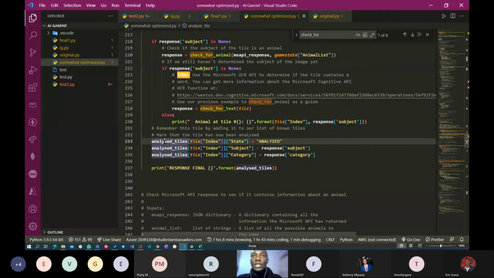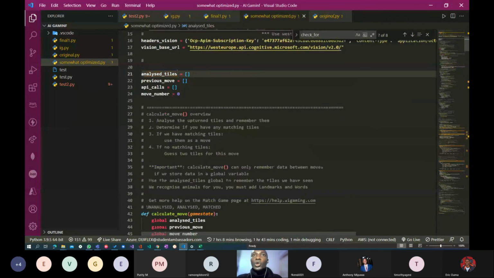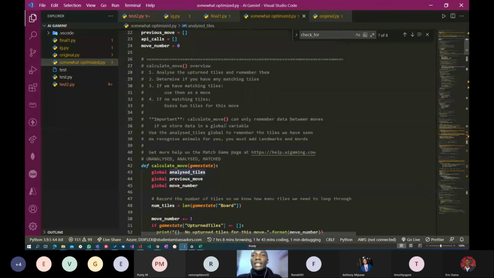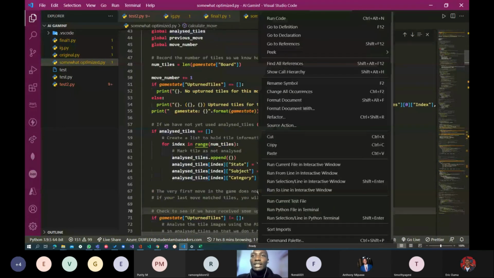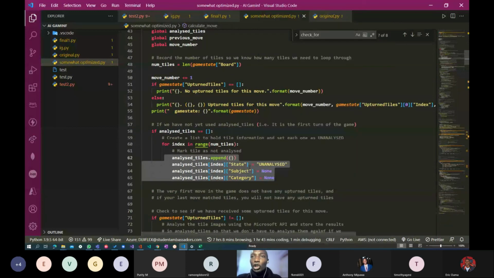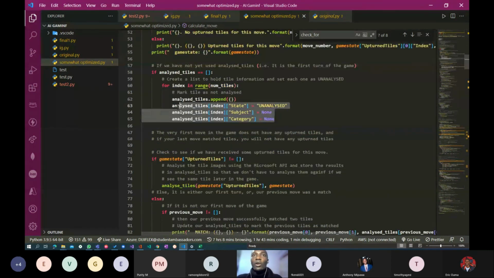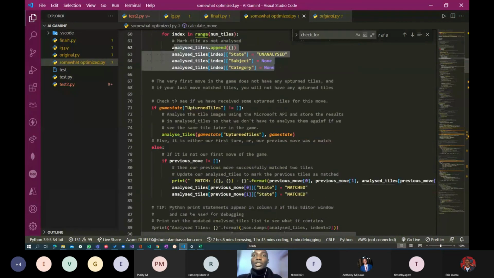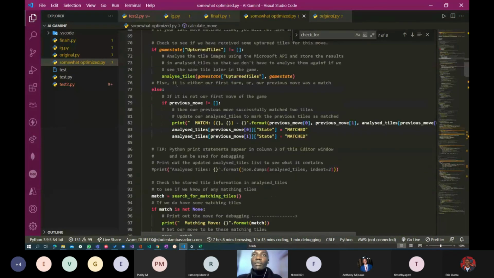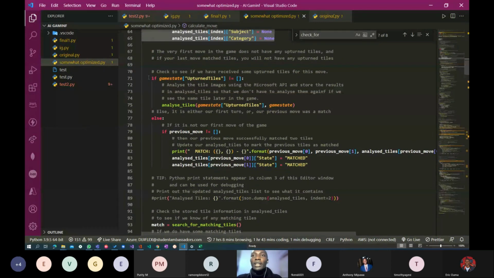Analyze tiles. So let me go to the analyze tiles definition. Go to definition. It's what we have on top here, and it's what at the beginning we initialized 36 dictionaries and marked all of them as unanalyzed, right? So that is the first trick. Now, the second trick, once you've done the analysis, I want you to come and look at this. Now, what's happening here is,